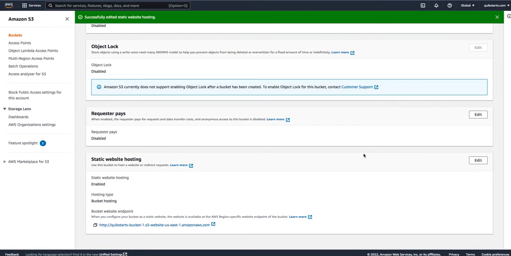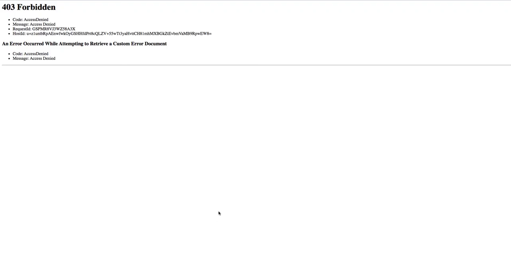And if you scroll back down, you'll find your static web hosting section is now updated. It is showing that you are now hosting. And you'll also have a URL that's been provided by Amazon to you. Now what we're going to do is click on that link, and while we do have a response, that